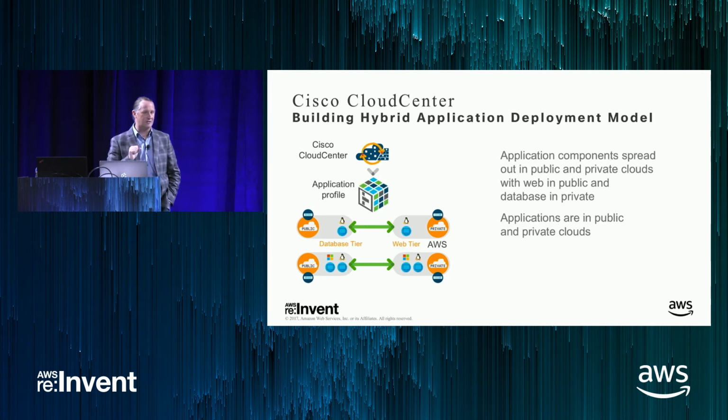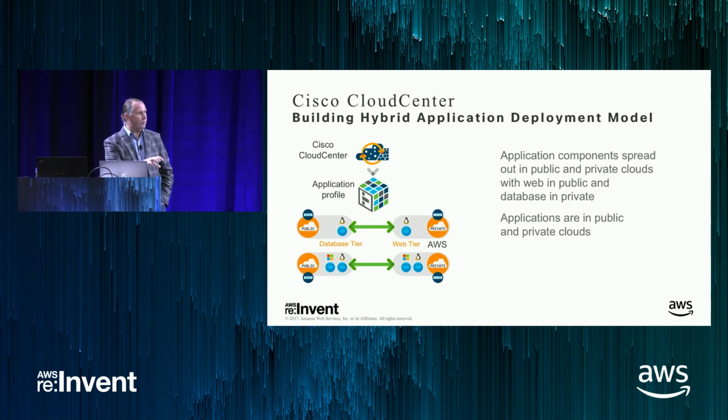Now I have CloudCenter. Let's go ahead and deploy an application. And maybe I want to stretch it. I have a mobility application. I want the presentation tier to be close to the handset. I want to use content distribution networks. I want to use advanced services from AWS. But I want the database to be back on-prem. It's a database that's not just movable, because maybe it's a huge database that 50 applications all share, and you've only decided to move the first one, the mobility application. So we're stretching the deployment across multiple environments.